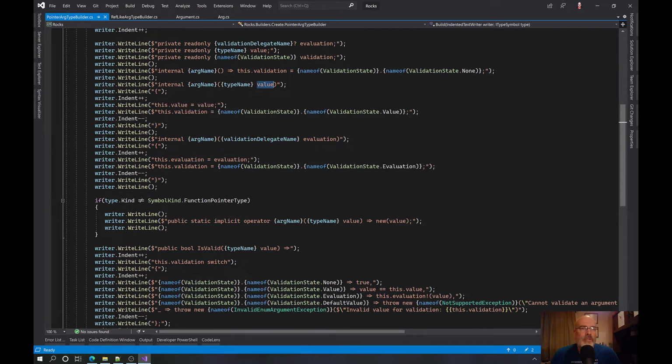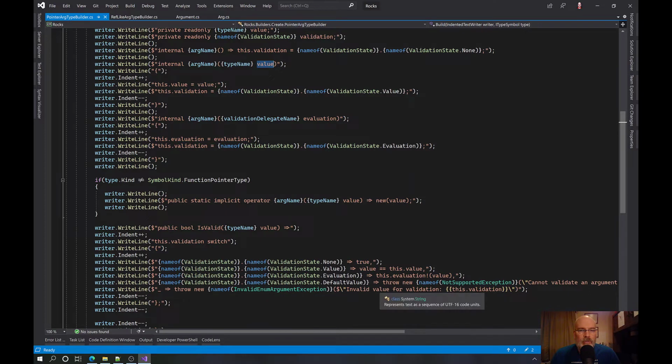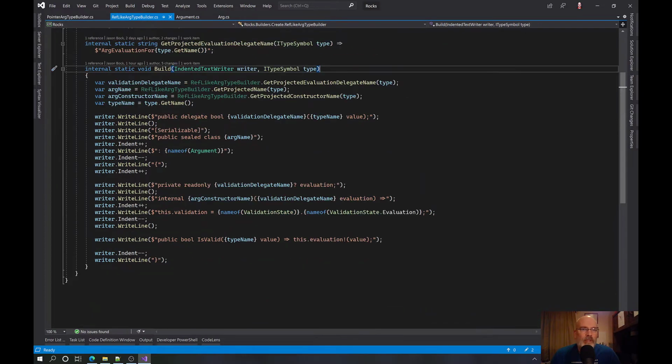This is just to say it's going to be this value. Okay. And that's it. There will be implicit conversion if you do it for a pointer type, but that's it. The only thing is going to be value evaluation, and then ref-like is going to be just one thing, because the only thing you can do is validate it. And I'm almost positive you can't pass in a span to this and keep it around. So the only thing you're going to be able to do is a validation, and then as valid just does the validation. That's it.